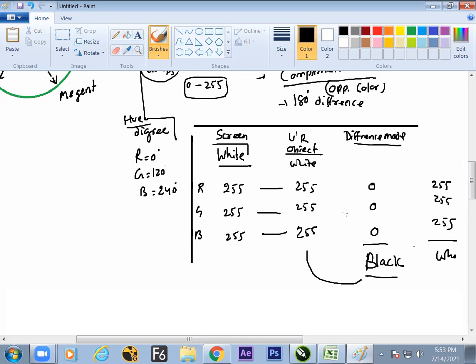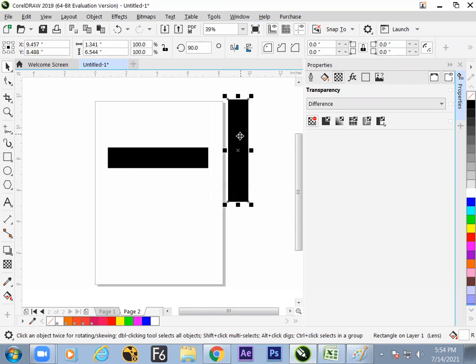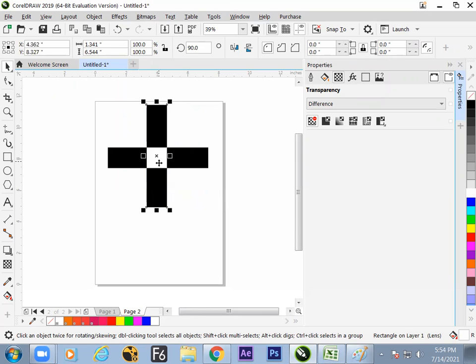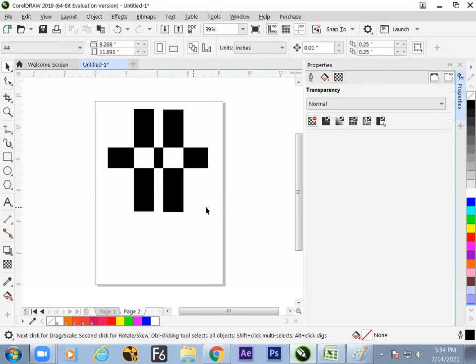So this is what happens inside the backend. Why does the common area become white again? Because black is behind, and on the top you find the maximum value. So the difference becomes white again. Okay, this is the math behind the screen. If the math is clear, it's okay, or else the practical should be clear. Now, this is the white object. Again, it's taken into the black background so that it turns the maximum value to come up. So take the plus and move it. So I hope the math is clear now.